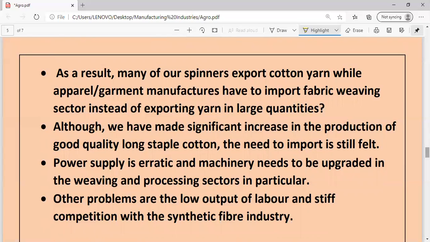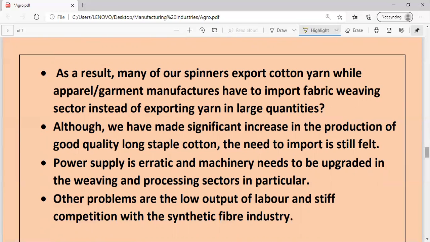And the weaving sector is also facing erratic power supply. Erratic means it is not continuous, it is a discontinuous power supply. Electricity is not good. Then our machines are obsolete, old fashioned. They need to be upgraded in the weaving and processing sectors. That is further making of garments, making fiber into garments, marketing. All these things need upgraded technology and processing sectors. Once you make a fabric, it's not over. You need to do dyeing, you need to make the fine garments. So that processing, the finishing touch, is missing.